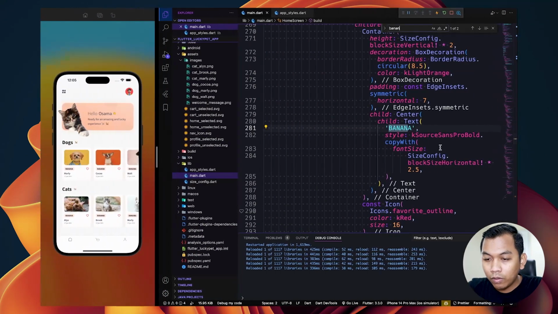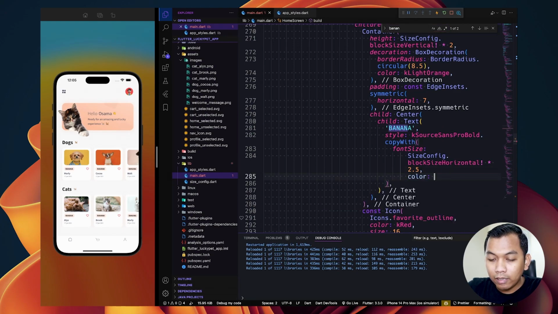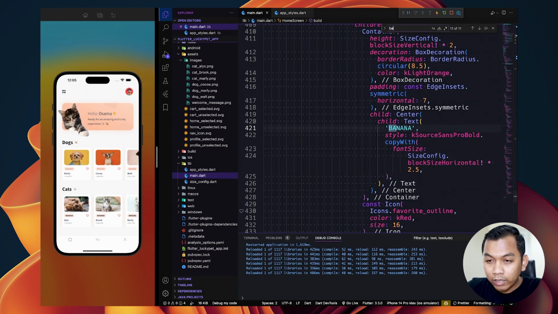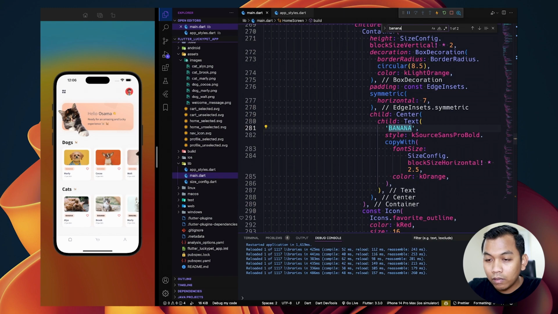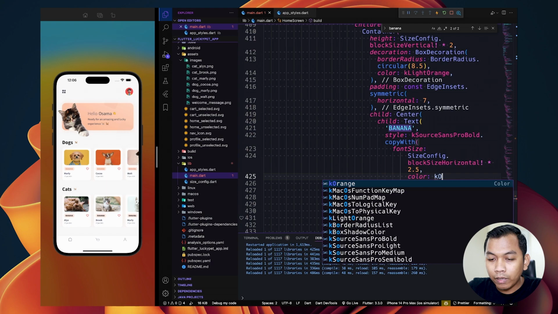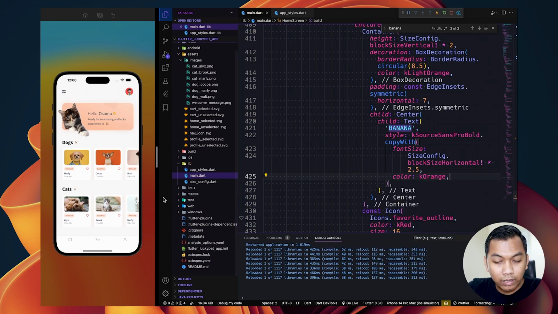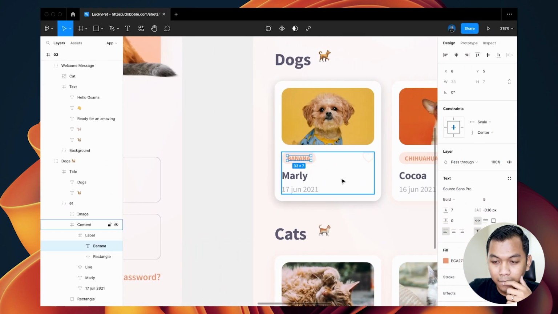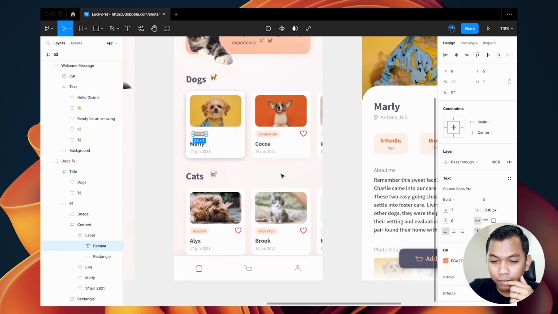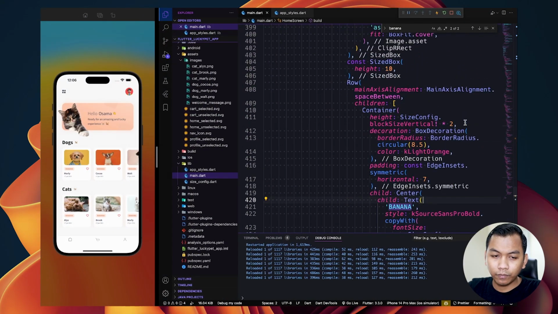So we have to change the color to orange, and do the same with the other banana. Okay, this color will be orange, look like this.